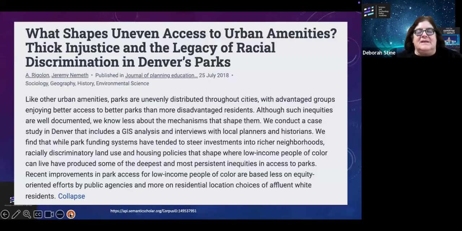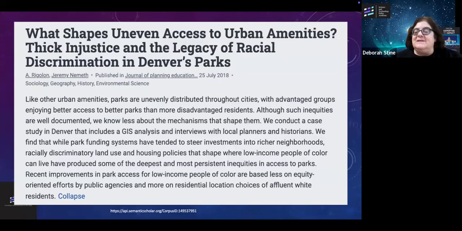Here's another example. This is in Denver, and this is analysis looking at parks. This is becoming more of an issue because, and I found out when I first learned about this, which was only because the American Association for the Advancement of Science meeting was in Denver about a year ago. And when I was looking to say, oh, what's happening in this, I found out this is a problem all over the United States. So what happens is that, back in the day, the nice parks, the green parks that we think about, went into the white neighborhoods, and then the black neighborhoods typically got very limited green space, like maybe a basketball court or something like that, a blacktop space.